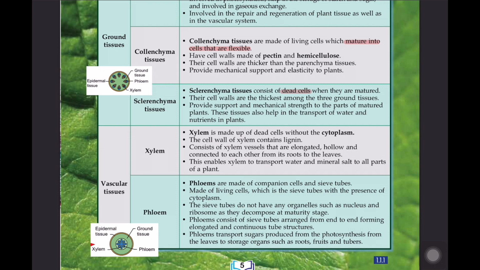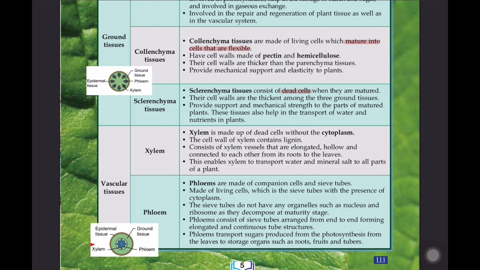However, phloem does not transport water and mineral salts. Phloem transports sugars produced from photosynthesis from leaves to the storage organs such as roots, fruits, and tubers. Okay, so phloem can go from leaves to leaves. It doesn't necessarily have to go from leaf to root only, leaf to fruits only, or leaf to flowers only, because